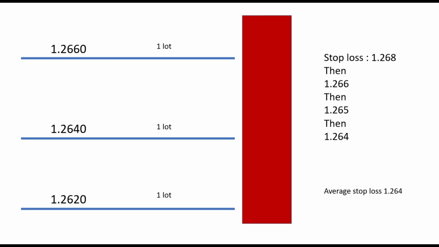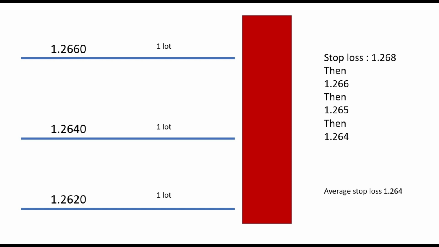Now let me show the strategy. So on 1.266 I put one lot, and it was a strong bearish candle on the hourly chart, of course, but when you monitor the 5-minute chart, 1-minute chart, it's a slowly bearish trend. We started to have it on the 1-minute chart, then on the 5-minute chart, and slowly we started to move away from